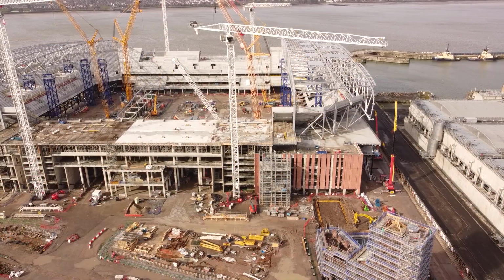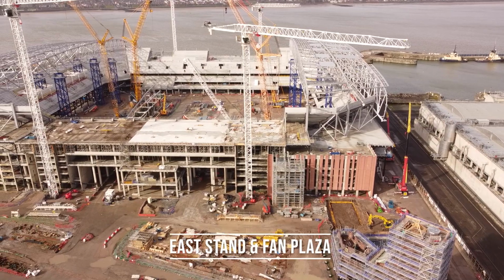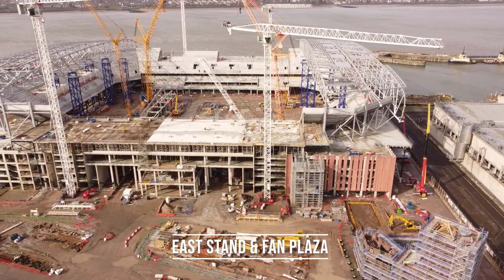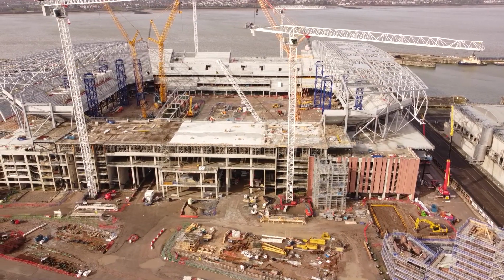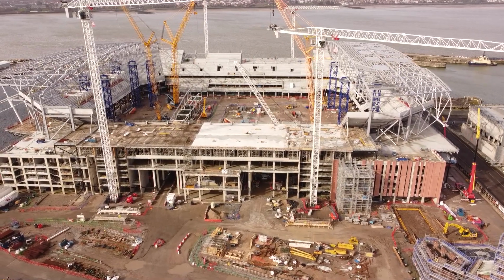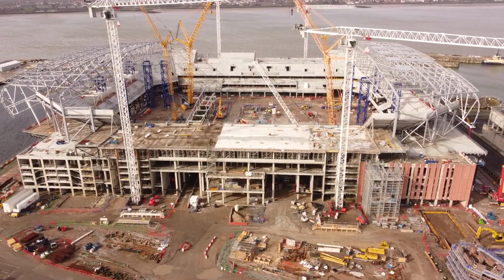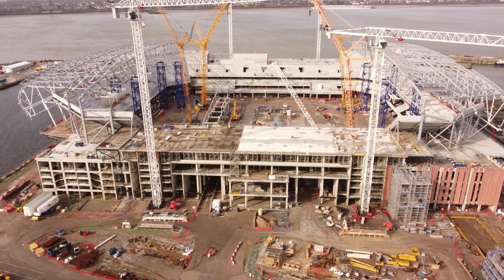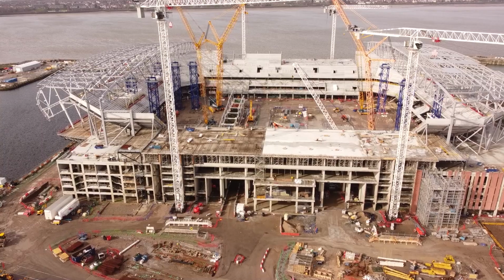Now, as we go over the stadium today, I'm just going to make a few notes. What we've been informed is that the update is going to be slowing down in terms of externally. I've been talking about this for the past couple of videos, but it's been made quite clear now that a lot of the external stuff has slowed down now that MEP have kicked into gear. If anyone's wondering what MEP are, they are pretty much mechanical,